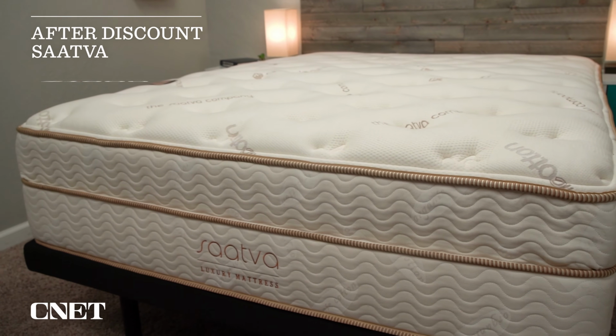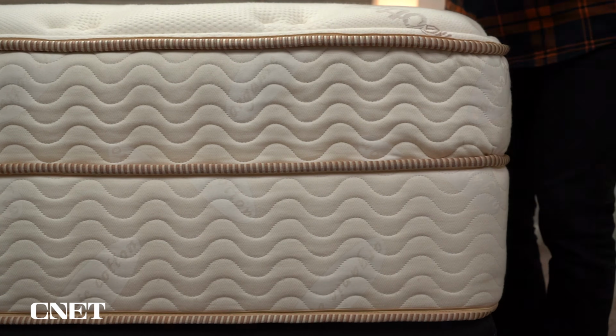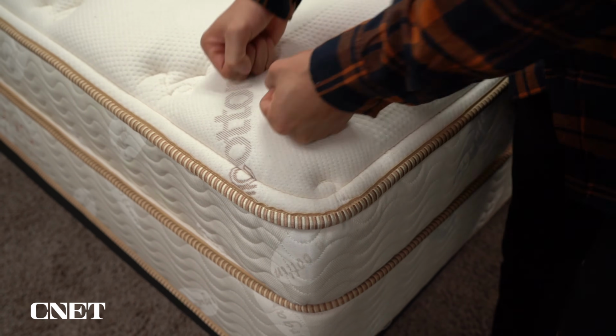When it comes to pricing, a queen size Saatva should retail for around $1,600 after discount, which in our opinion makes it an extremely good value for how supportive and luxurious it is. As long as you find the model that works best for your sleep style, I think it should help with back pain given how